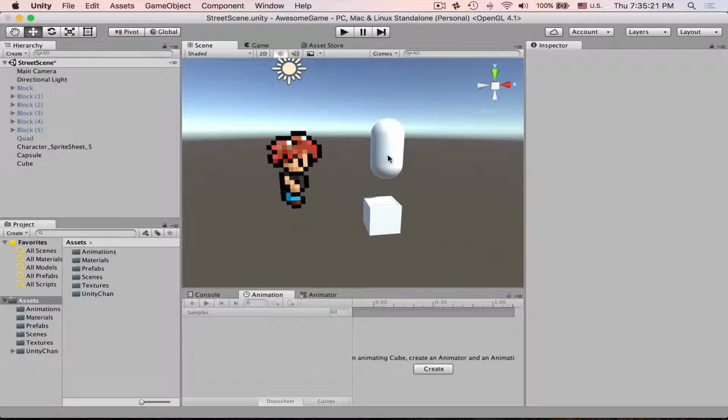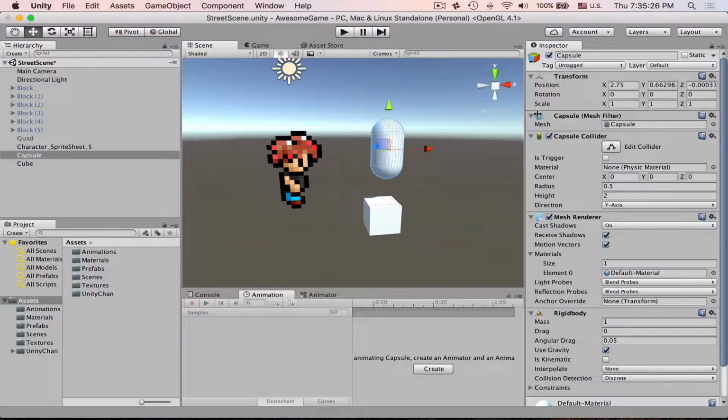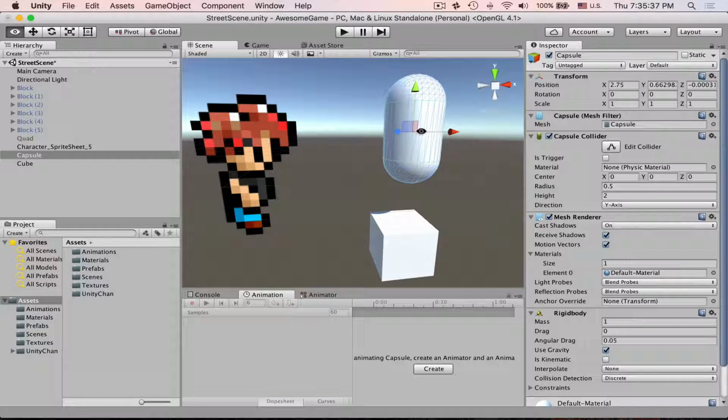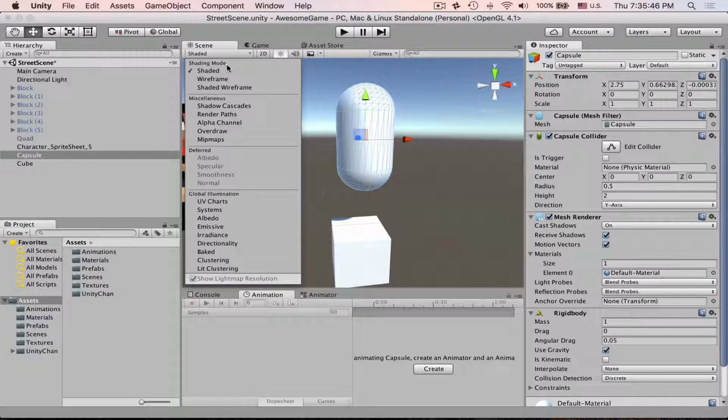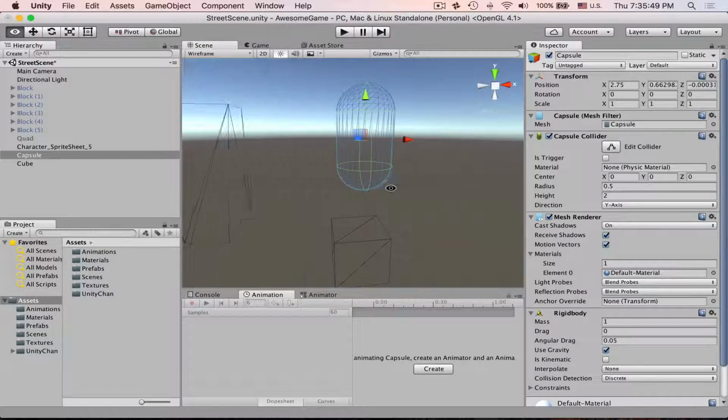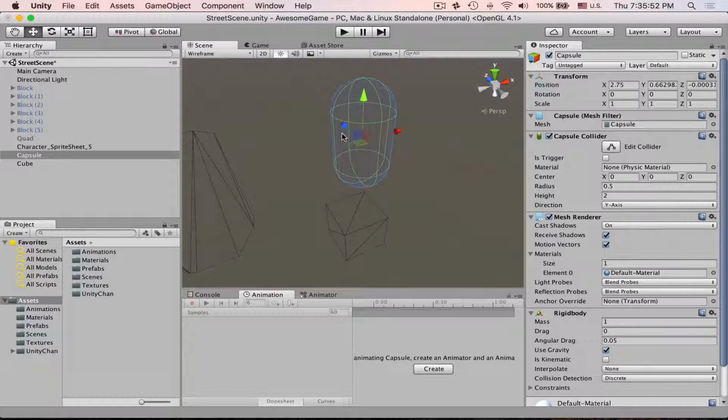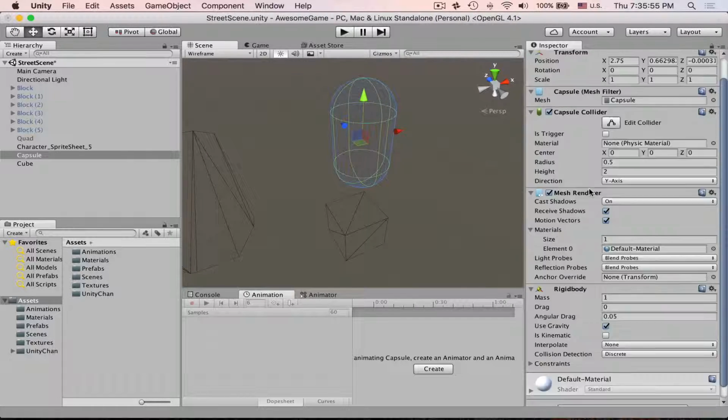How do these objects know how to collide? If you look at the components, you will notice that this capsule has a capsule collider. It's really hard to see on this Retina version of Unity. Press on this shaded drop-down and select wireframe. Then it should be a little bit easier to see this green capsule. It has parameters like radius and height. You can tweak them in here with these values, or you can press Edit Collider, this button here, and then you can adjust